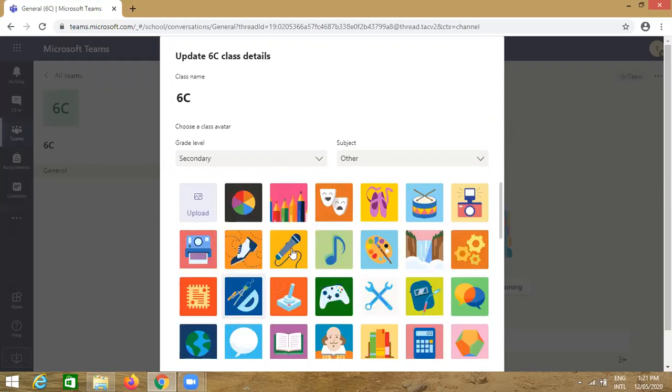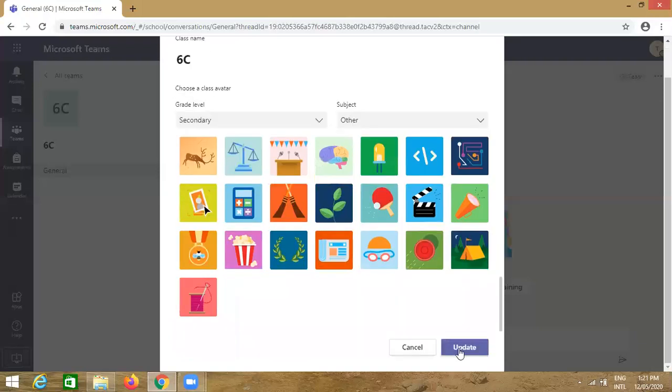So we will select this picture. It is taking too much time. And update.